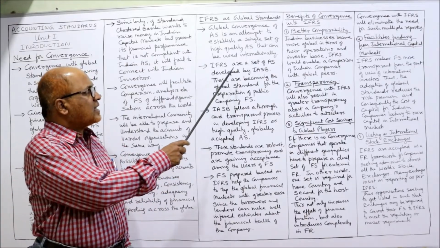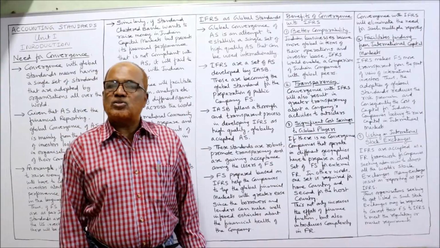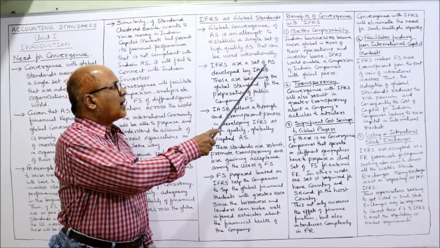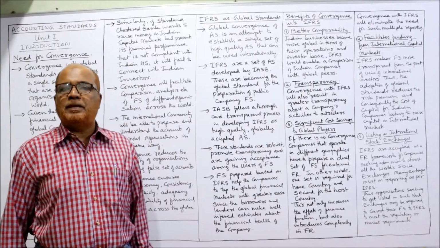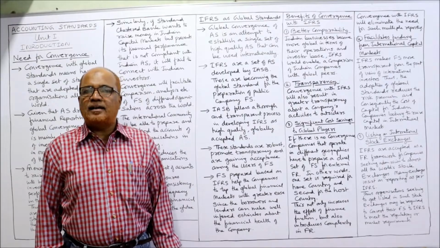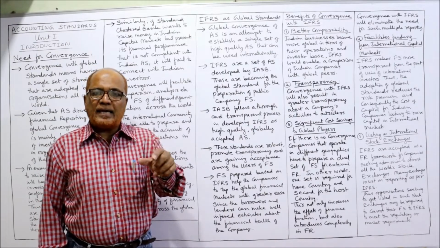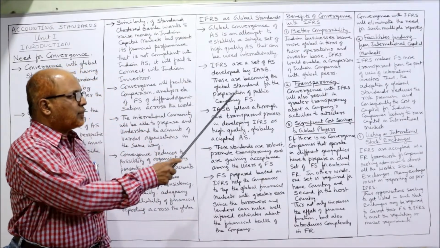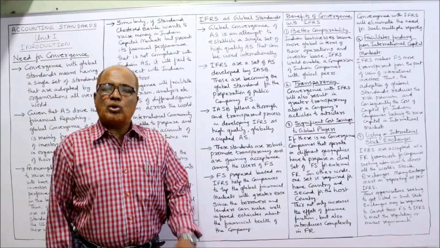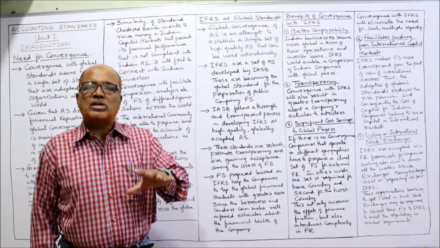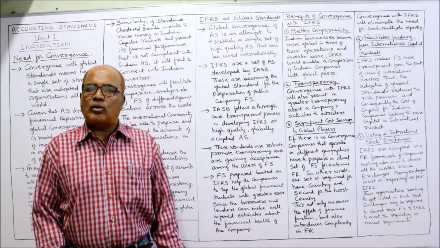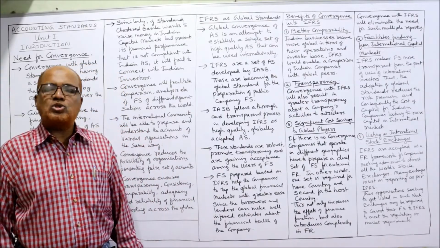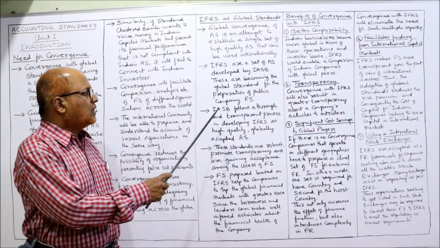And secondly, IFRS are a set of accounting standards. IFRS stands for International Financial Reporting Standards. This is a set of accounting standards developed by the IASB, the International Accounting Standards Board. So the IASB makes these IFRS. These are becoming the global standard for the preparation of public company financial statements. So these IFRS are being used as a single set of accounting standards by organizations throughout the world. Mostly public companies will follow them.